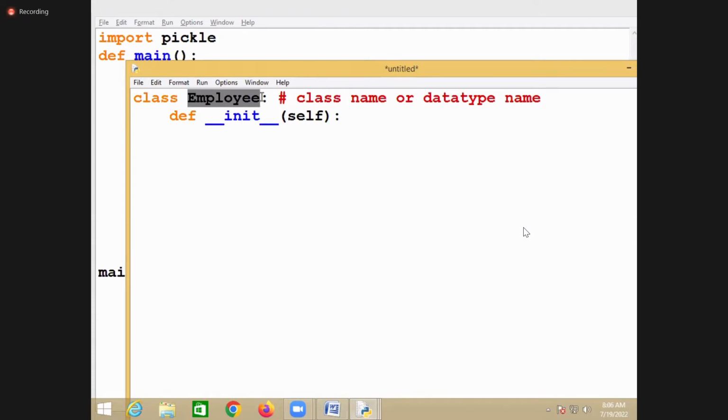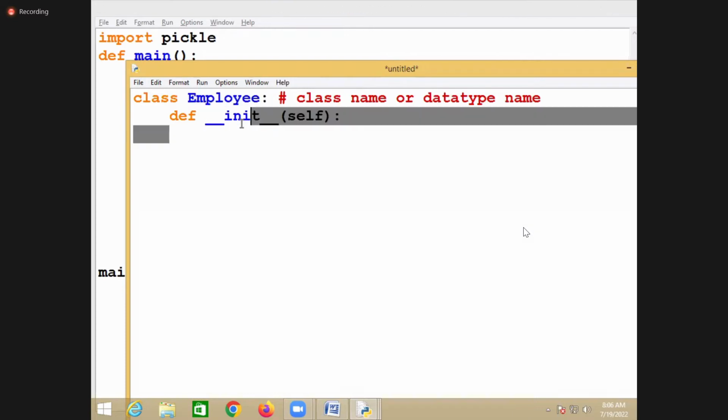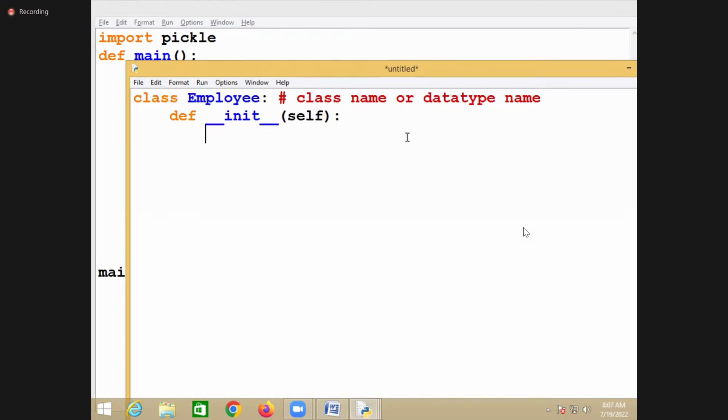The name of the class, or the data type, is Employee. You are initializing this Employee with some properties. Properties are created by using one variable called self. You'll say self dot employee number is 101, and self dot employee name is nourish, right?